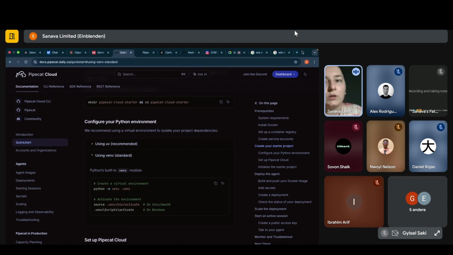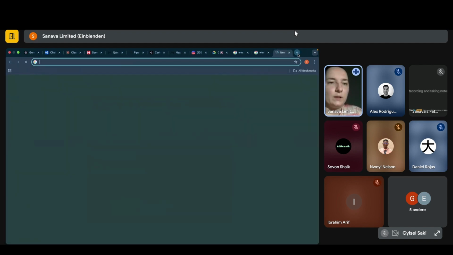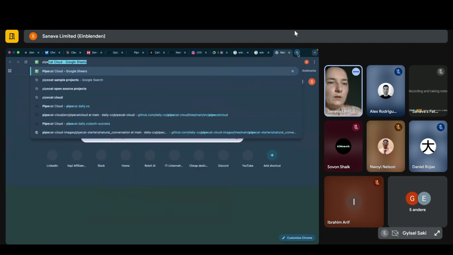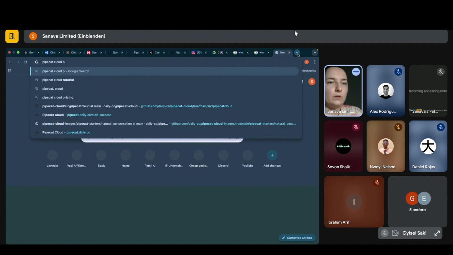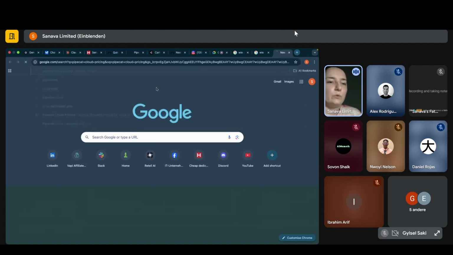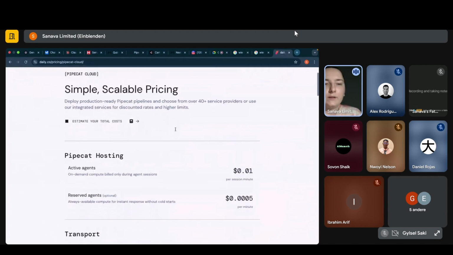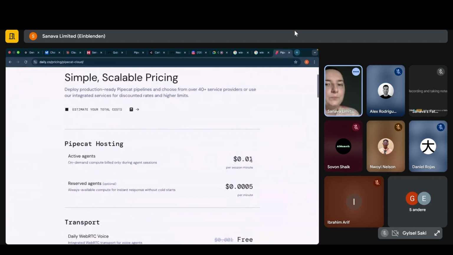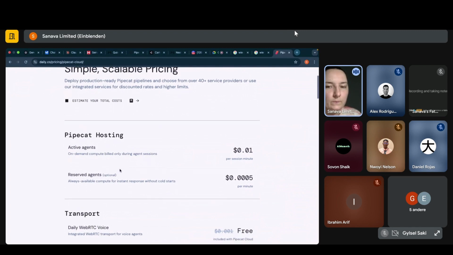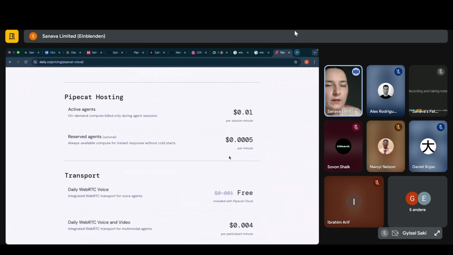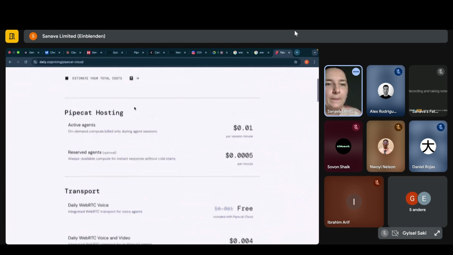And let's actually look at the prices here. Pipecat Cloud pricing, just to compare it. Is it that one? Okay. So as I told you, it's 1 cent per minute for the hosting. Okay, they actually have like